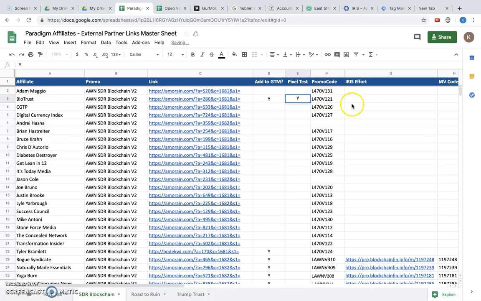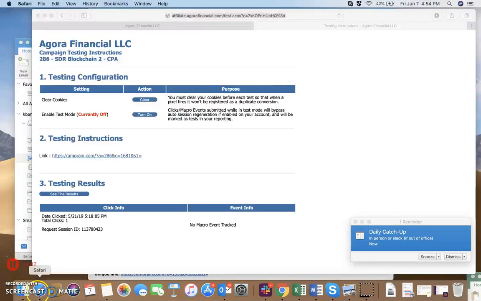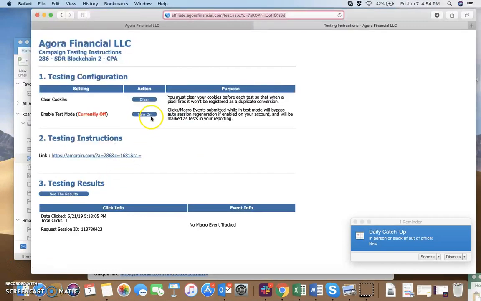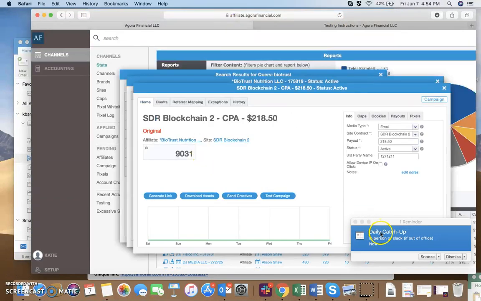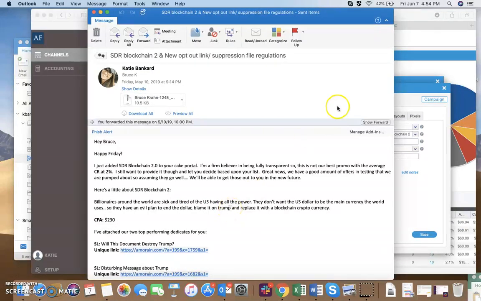Remember, this is a different promo code, but say all of it worked. Then I would go back in here and go back to his affiliate, so that tested. And then I would go ahead and I would